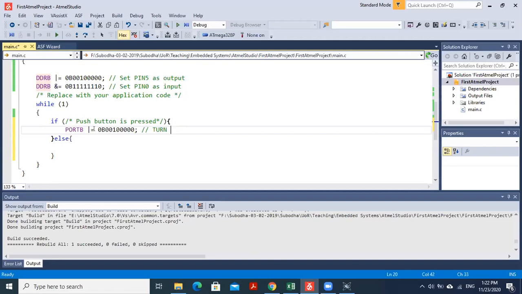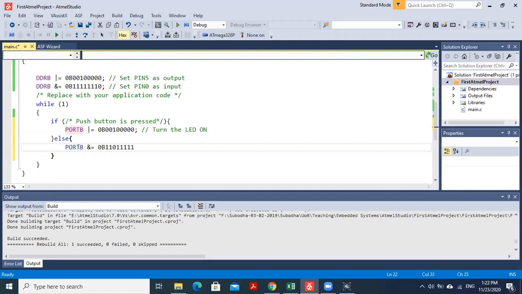And if the push button is not pressed, that means if the pin is 0, I'm going to turn off the LED. PORTB equal to 0B11011111. That is turn the LED off.